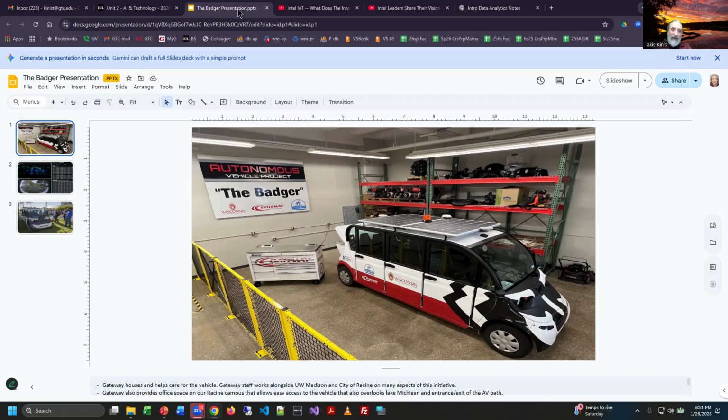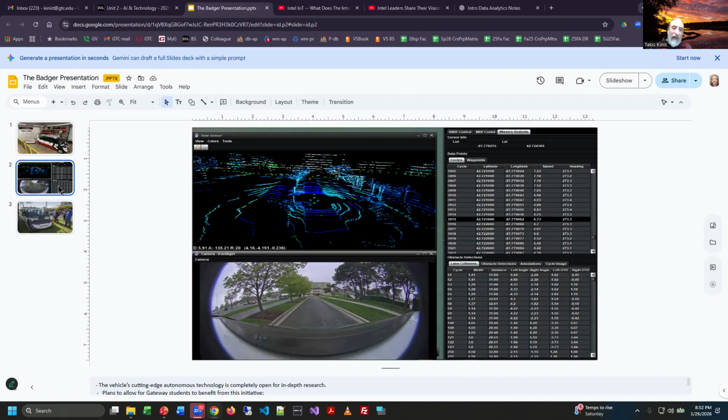It is filled with a bunch of really cool technologies. It is completely self-driving, but somebody has to be sitting in the driver's seat who can take over. I think it's got room for 6 or 8 passengers, something like that. It's got solar power, LiDAR, cameras, sensors, and a bunch of other stuff built into it. For a while, they were running it on Lake Road, up 6th or 5th Street, back down Main Street, and then back down to the lake on 9th Street or something like that. And it would make that circuit.